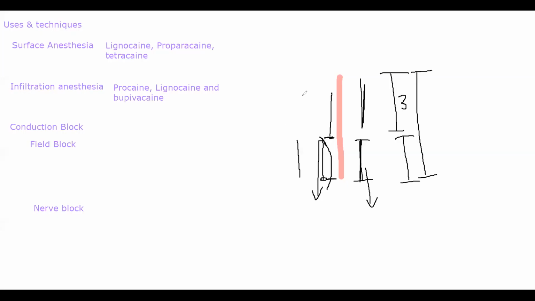So I'll just show it to you on a diagram how that looks, because you might have some confusion. Now let's suppose someone had an abscess or some injury here, and you're trying to give a field block around this. So what you do is you start off at this point. Initially it is given as a 4-point block. In that video he only showed 2 points, so this point and this point. You can do it in 4 points like this, or you can do it in 2 points.